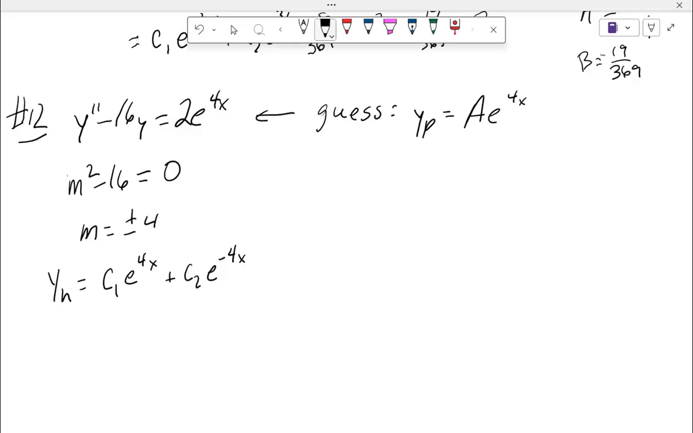You agree? What's wrong with that? What's wrong with that guess? What am I going to get when I plug in e to the 4x? No matter what constant we still got in front. What are we guaranteed to get when we put in e to the 4x? Yeah, I'm going to get 0, right? Because it's part of the homogeneous equation. Or, gee, many Christmas, homogeneous solution, right? It's a piece of the homogeneous part, right? This doesn't work